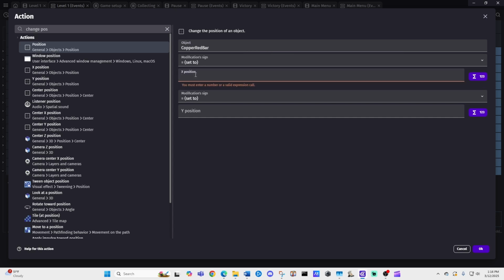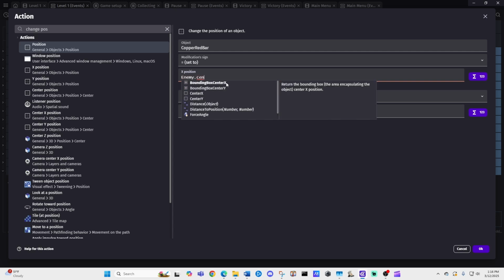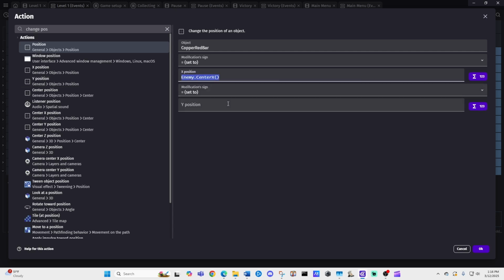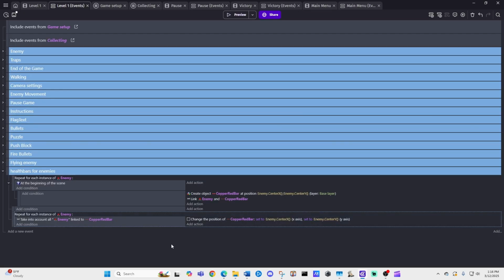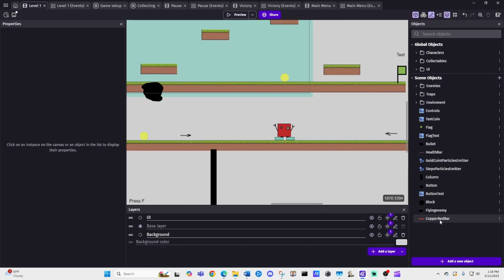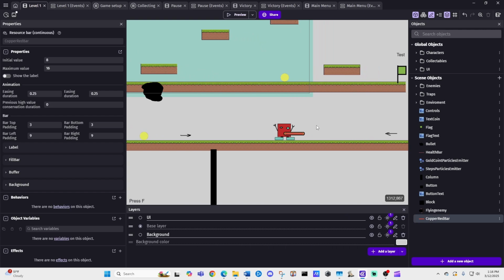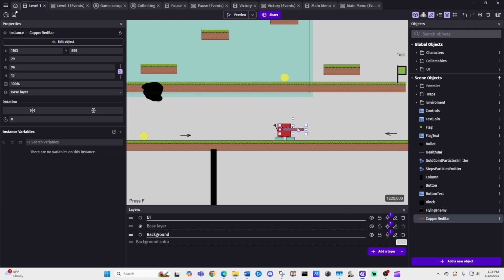So here we're just gonna say enemy center X, and then same thing here, center Y. I'm going to click OK. Now we're going to create sub event, Shift D. Now you have to realize that when we do create a copper bar and we say create at the center, it will create like this. So we'll need to move it up and to the left, but also after we do that,